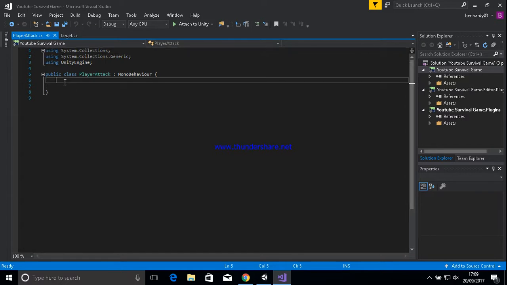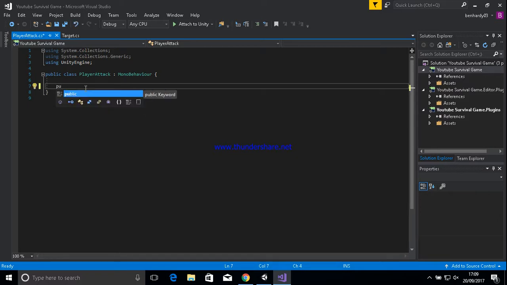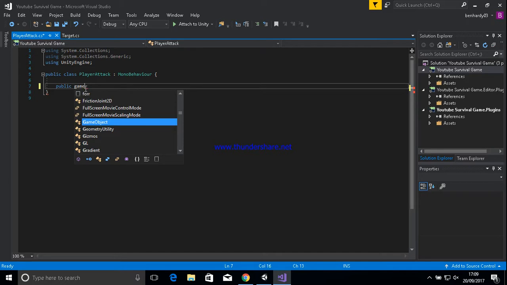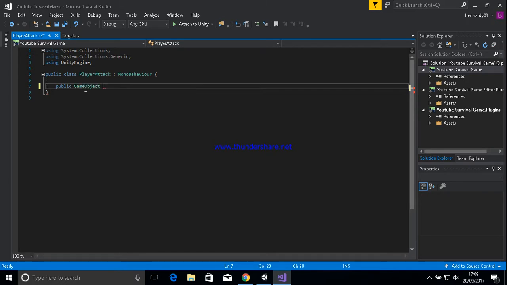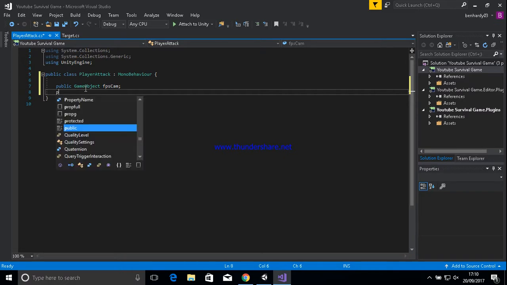Right. Okay, so in the player attack script, just to start with, I'm going to make a public game object, and we're going to call it FPS cam, no spaces. We'll just end it there, semicolon. So it is a beginner series, so I will be going slow coding, just to let you know. We're going to make another